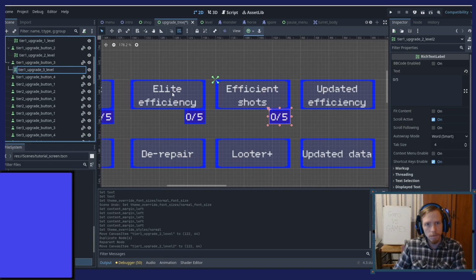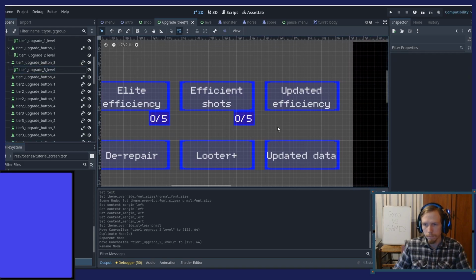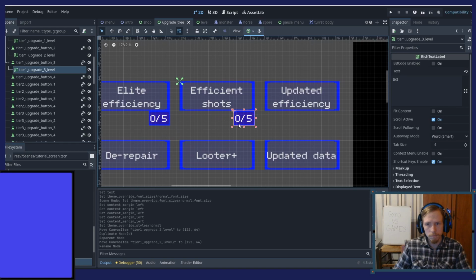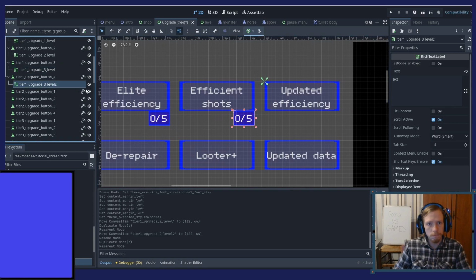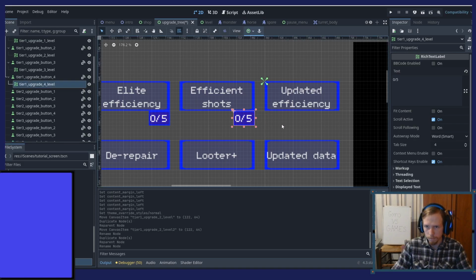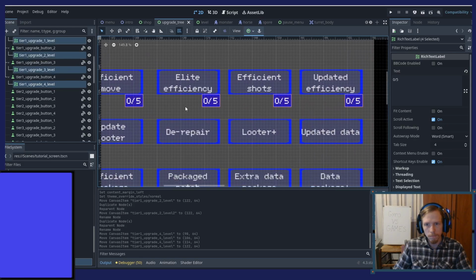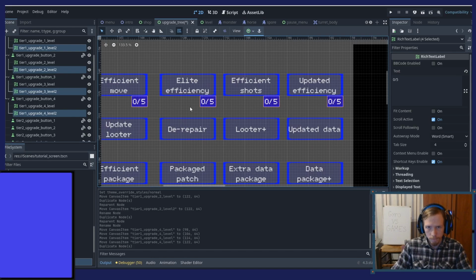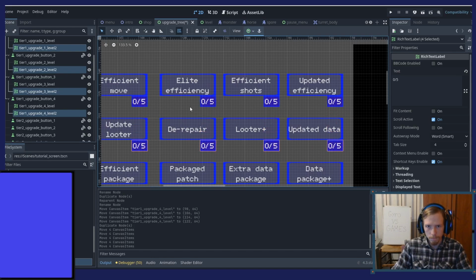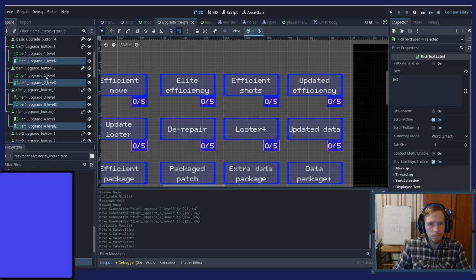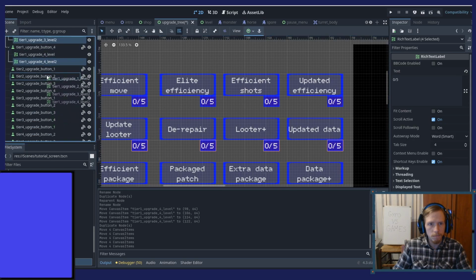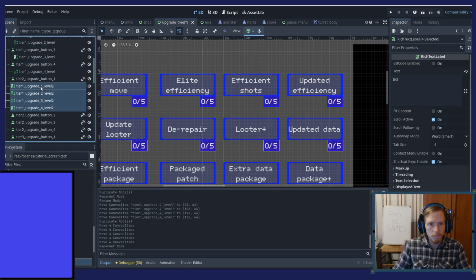Grade 3 level. Grade 4 level. Okay. Tier 2.